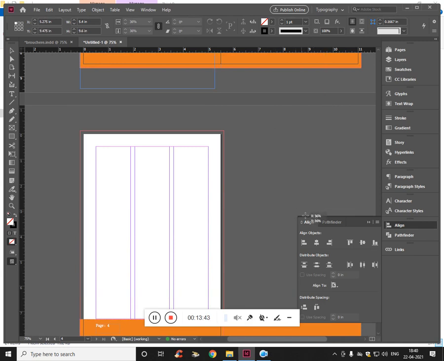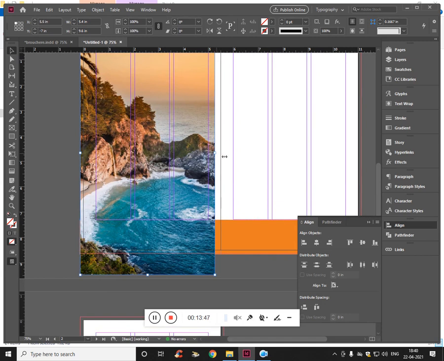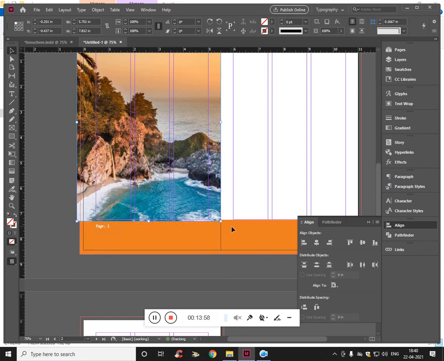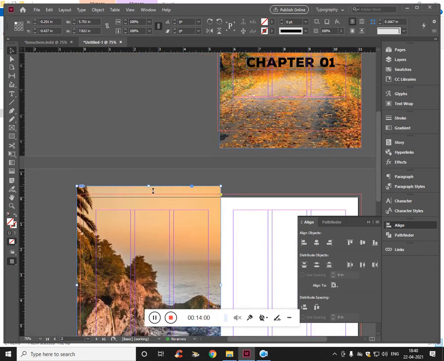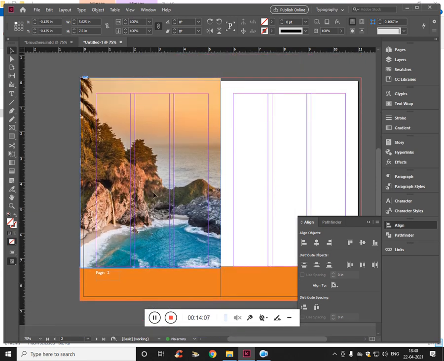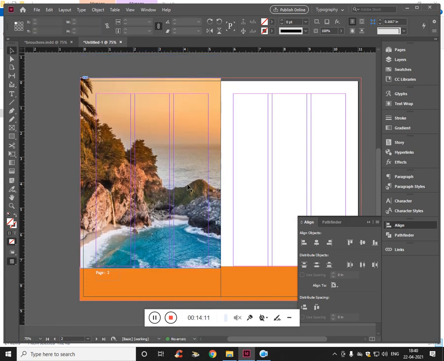Or Control Shift and drag. Make sure it fits properly. You click on the center. You can place it properly wherever you want.